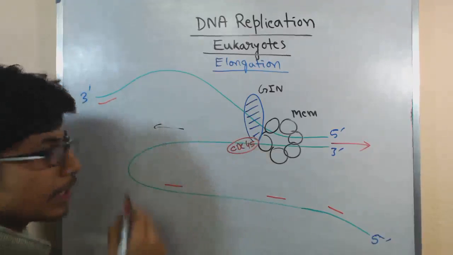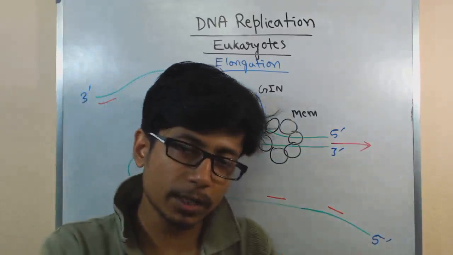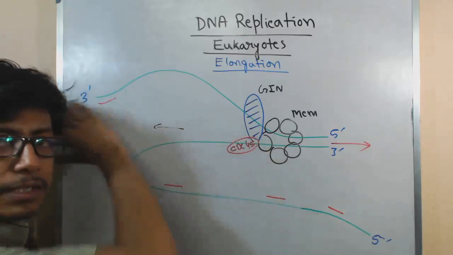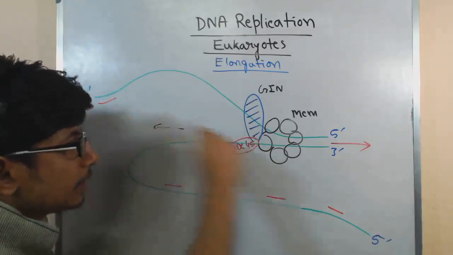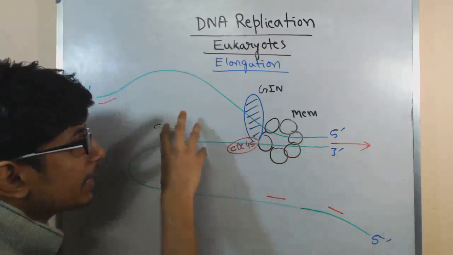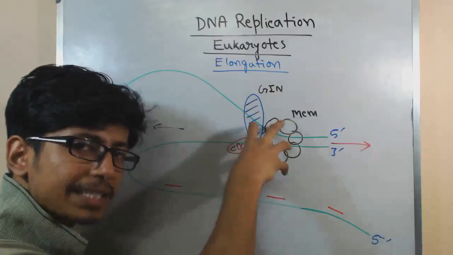So how could we solve this problem? We cannot go in the opposite direction, because there the DNA segments are still attached, not melted. The DNA melting is going on in the forward direction, because the melting complex is placed here and moving